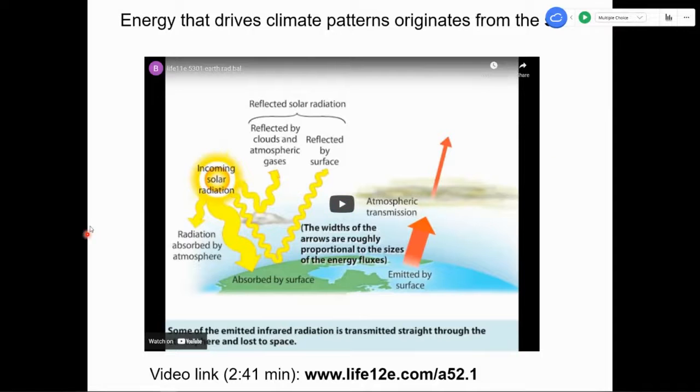Okay, so we'll pick up at this point next time in terms of physical environment, and what we're going to talk about is how it is that the Earth gets warmed or cooled. Okay, so ultimately the warmth that we feel is coming from the sun. So we're going to look at the different processes of how that energy arrives at the Earth's surface, how it leaves and goes back into space, and the balance between those in terms of how the world is at a certain temperature at any one time.